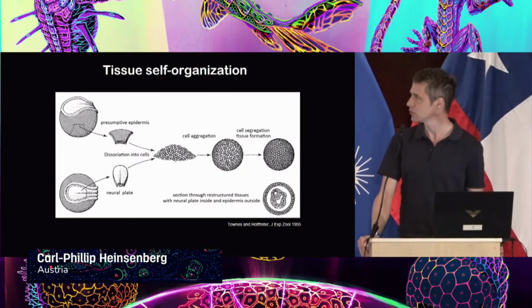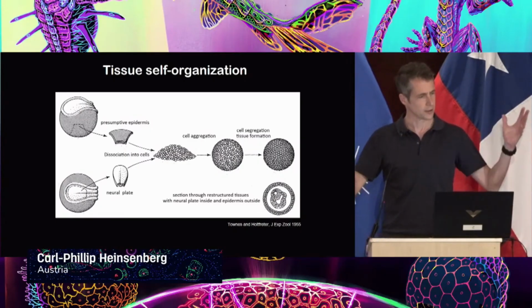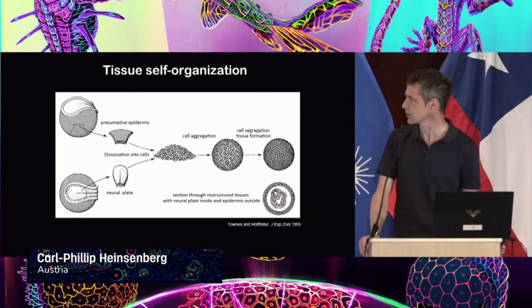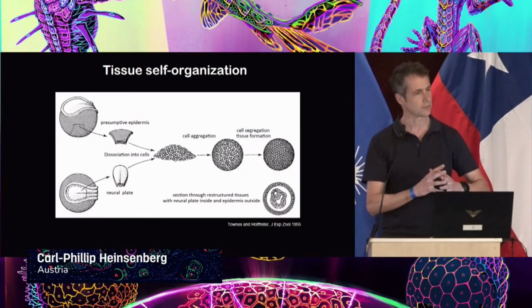They took out the epidermis, which is the skin of the embryo, later on giving rise to epidermal structures in the embryo. And they took out another structure, which is the neural plate. This is the tissue from which the nervous system is going to emerge. Then they dissociated the epidermis and the neural plate into single cells. So essentially, everything was disrupted.